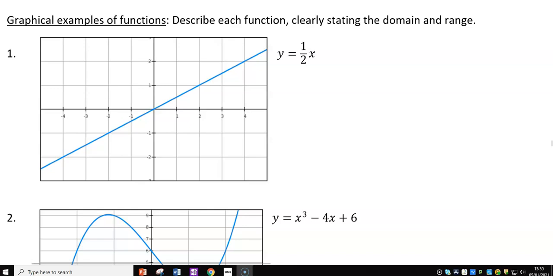Okay, we're going to look at a few graphs now. We're going to decide whether they're a one-to-one function, many-to-one function, one-to-many function, or maybe many-to-many. So we'll have a look and see what's going on here. If you have a look at this one,